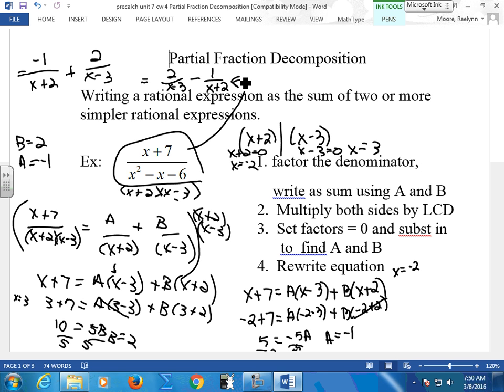Wait, so do we set that equal? Yeah, it's equal to this original guy. I just don't have any space here to put this. Equal to 7. Check it. If we check this,